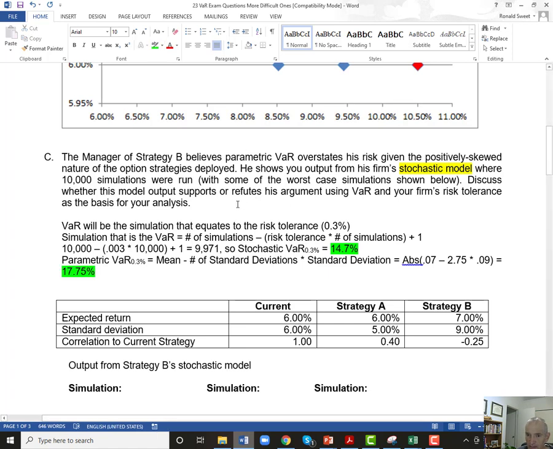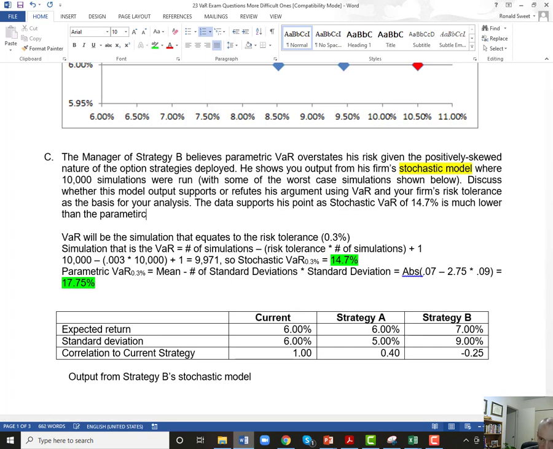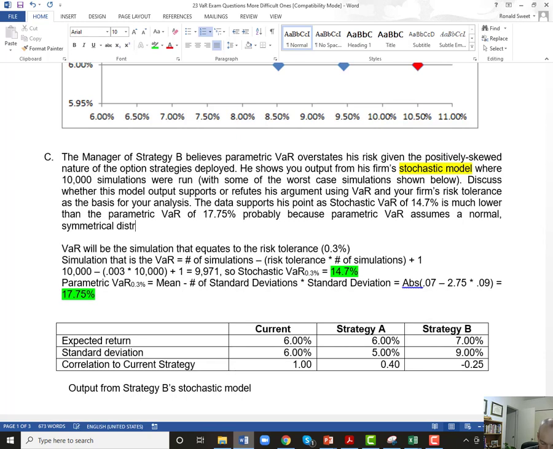And so what do we say? Well, we say the data supports his point, as the stochastic VAR of 14.7% is much lower than the parametric VAR of 17.75%, probably because parametric VAR assumes a normal, symmetrical distribution, while the stochastic VAR can incorporate